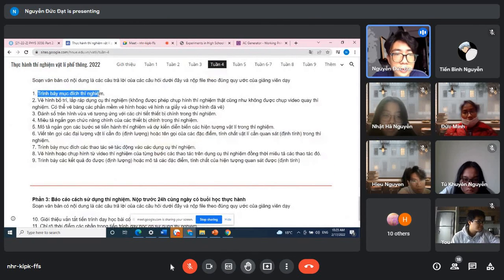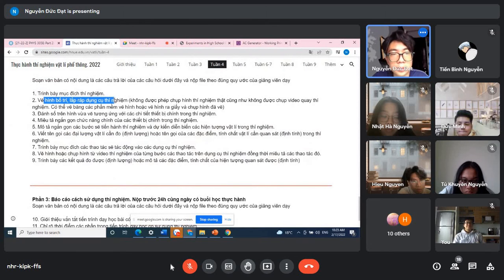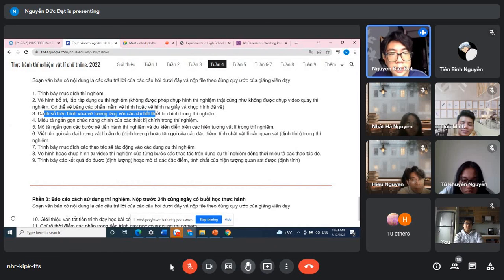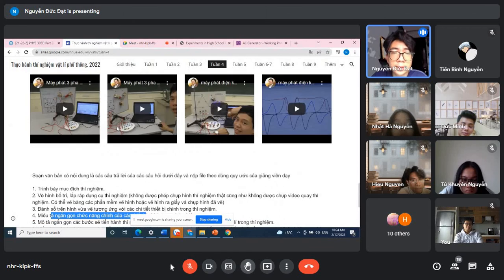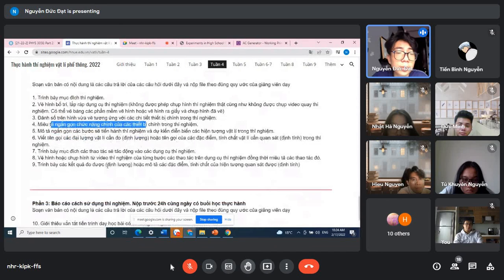to present the purpose of the experiment, to draw the experiment, and then to number the components, and then to describe briefly the function of each component. If you watch the video of Mr. Chat and take note, then he will say something like "to get electricity, to detect the current, to rotate the rotor", and that will be the function of each component. Take note while watching the video, and then you have already finished the task here. Okay,